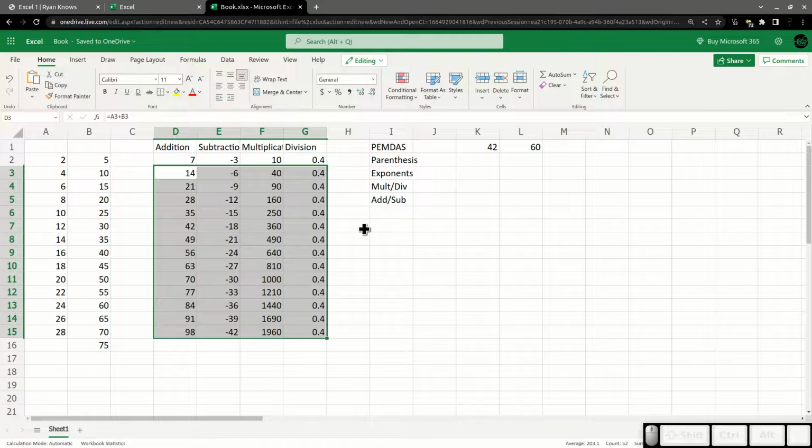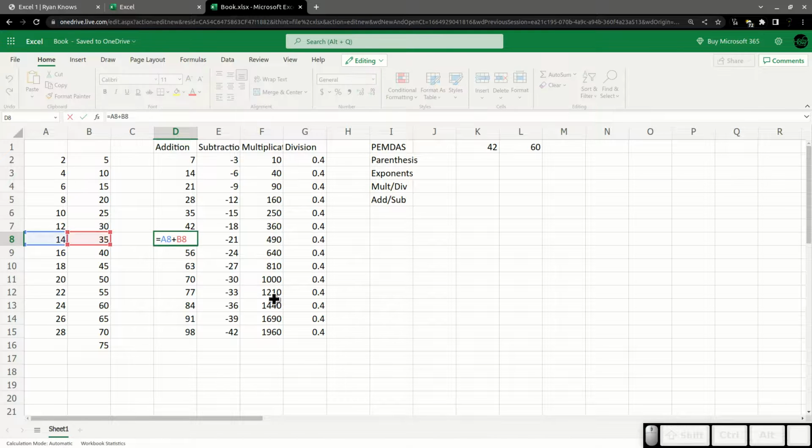However, if you try to get it to automatically just go down, if you double click and it doesn't do anything, just drag it, and it will then say, okay, you clearly want to take everything that you have highlighted and take that down, and it will automatically change these references so that they refer to row 8, which is the same row this is all in.